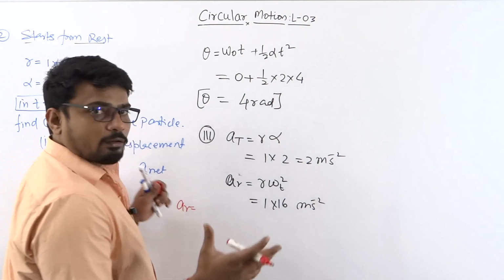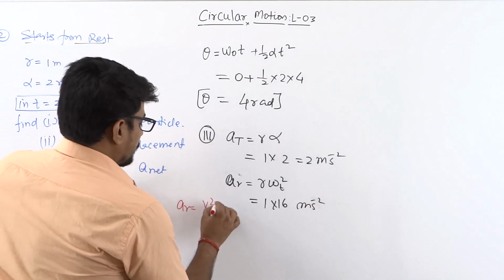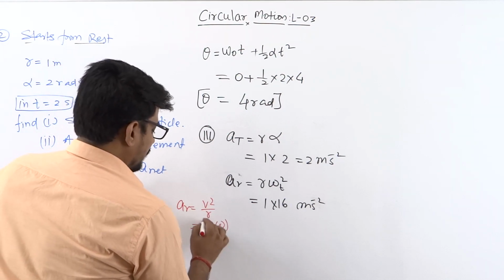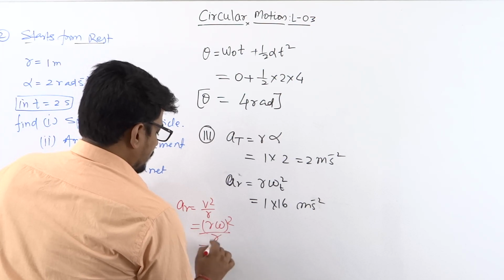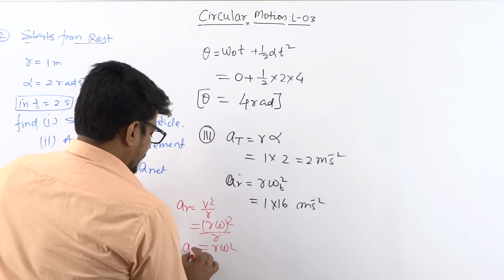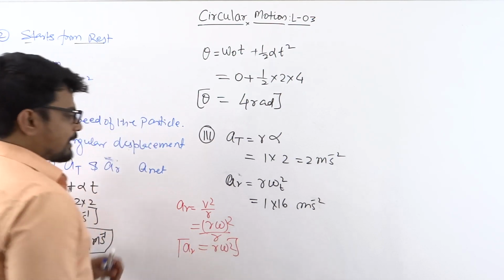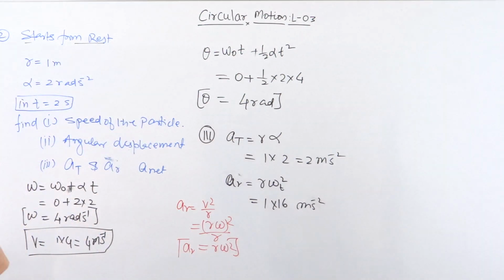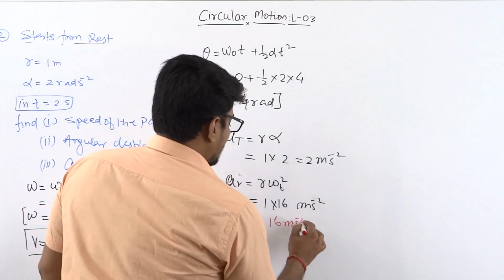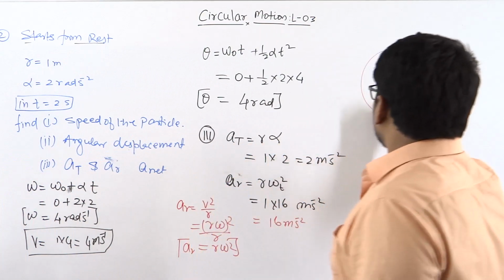a radial और a normal और a centripetal is going to be how much? v स्क्वायर अपॉन r. v could be how much? r omega whole square upon r. So r square, r would be cancelled and we should be having r ओमेगा स्क्वायर। आपको मैंने लास्ट क्लास में बताया था, अगर याद नहीं है तो कोई मुश्किल बात नहीं है। तो फाइनल आंसर बच्चों क्या हो गया आपका 16 मीटर पर सेकेंड स्क्वायर।